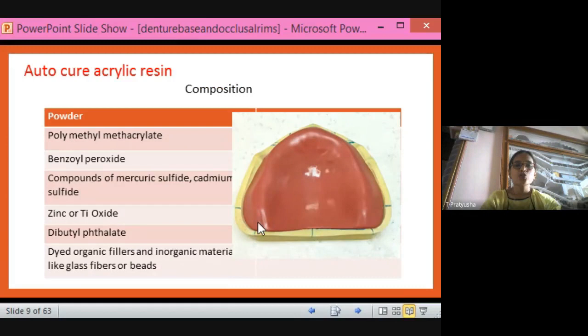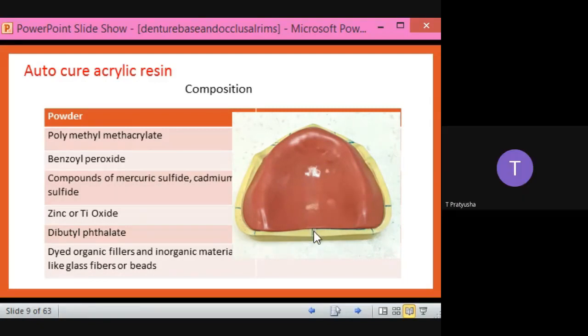So suppose this is a denture base which has been adapted properly onto the cast. When we place this denture base in the patient's oral cavity also, it should fit properly without any gaps in these border areas, like a final denture. Why are we saying this?